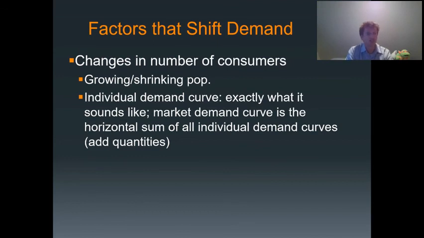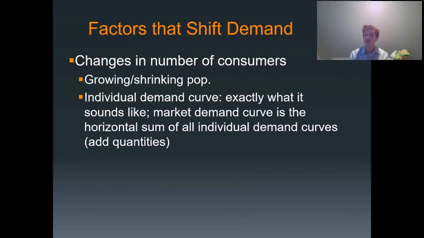Another easy one to understand is changes in number of consumers. So if you have more people who can purchase your product, then demand shifts right, which makes sense because demand is really the horizontal addition of every individual demand curve. So my demand curve individually, added together with all of yours, plus everybody else in the world, makes up the demand curve for Silly Bands. And we all have decided we don't really